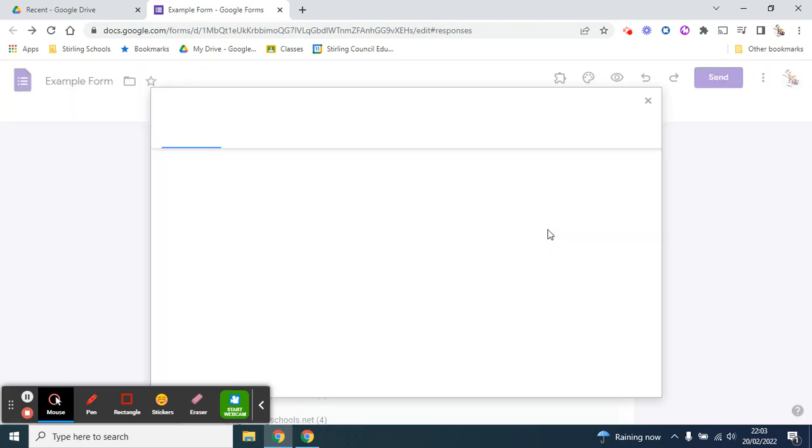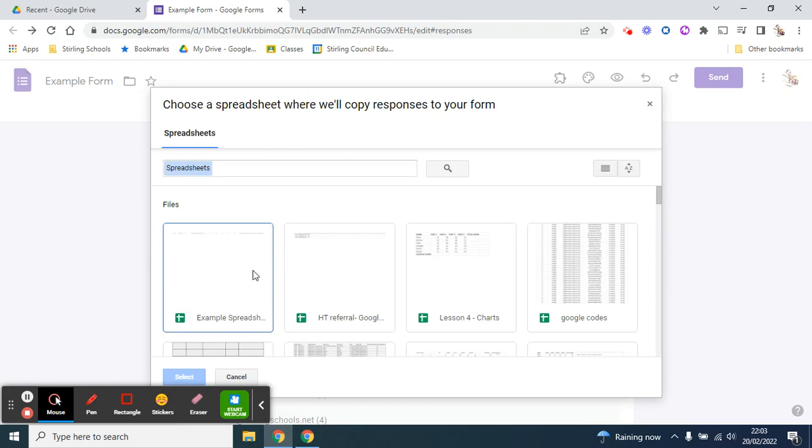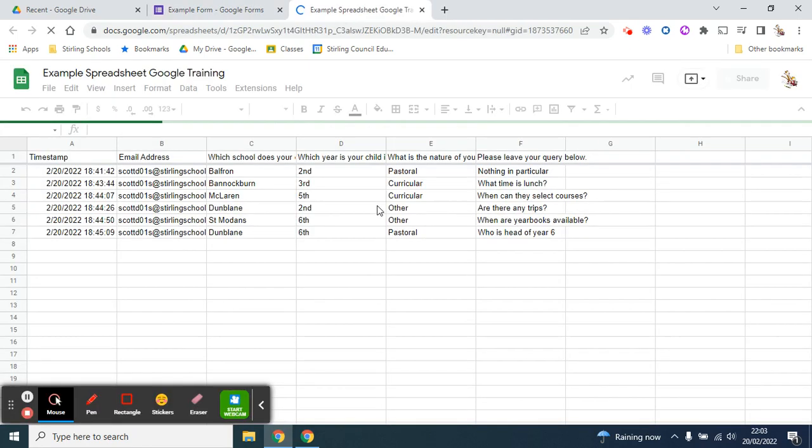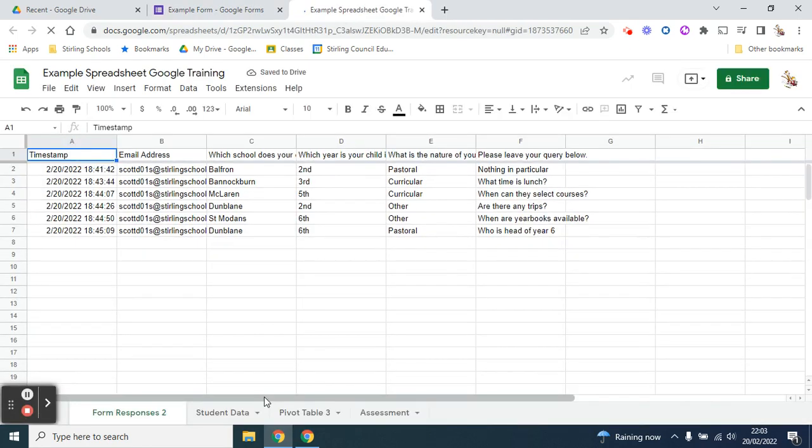So if we select that, we can choose an existing spreadsheet that we already have. So I'll choose that example one that we looked at before. And when we do this, all that happens is Google Forms will create a new tab within that spreadsheet at the start of your list of tabs. And in there will go all of your form responses. So you'll see that with that, you'll get a timestamp, you'll get your email addresses, you'll get all of your responses in their individual columns,